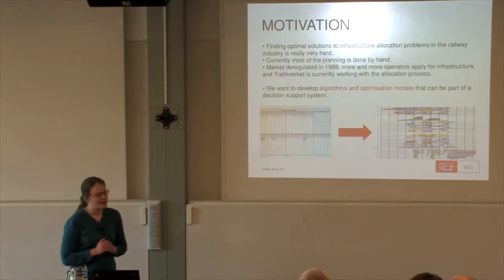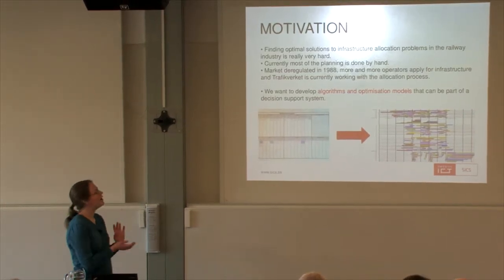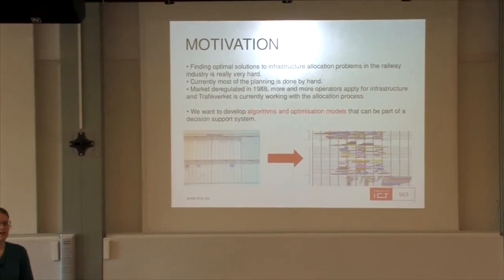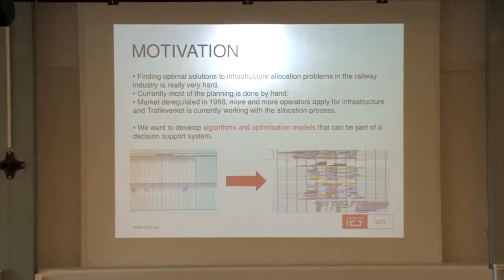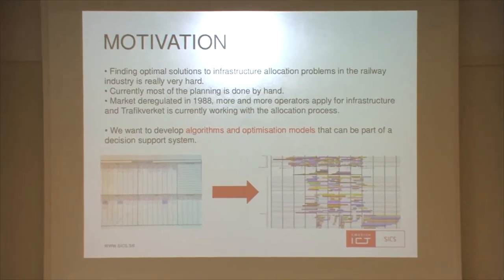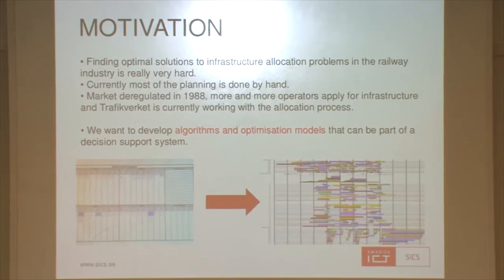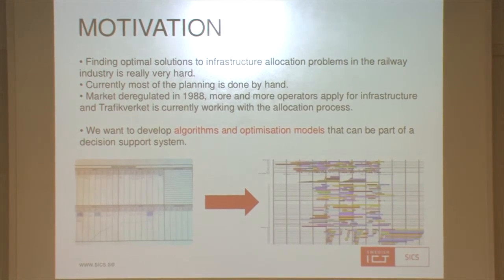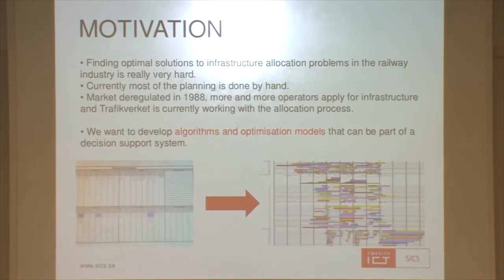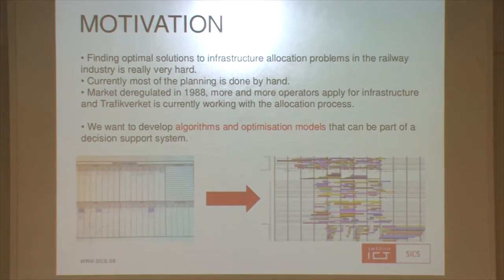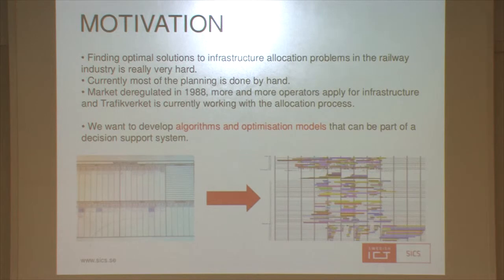So, first of all, why do we do this? Well, finding an optimal solution to infrastructure allocation problems in the railway industry is really very hard. Trafikverket gives out a little brochure where they talk about making timetables, and they say that you have to make a timetable with 1,500,000 trains and 2,200 maintenance works every year. So there are a lot of trains, a lot of maintenance works, and also the problems per se are hard. We prove that, for example, the decision version of the shunting problem is NP hard,